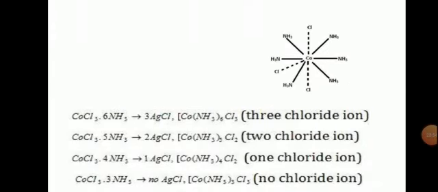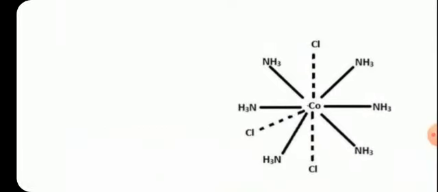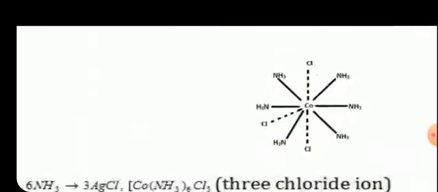We can understand this by this short diagram. You can see the central metal cobalt over here. You can see the 6 ammonia ligands which have formed coordinate bonds with the central metal atom, and you can see 3 dotted lines of chloride Cl-, which is nothing but the ionization sphere. The 3 chloride ions will be ionized in this example, but not the 6 ammonia ligands.